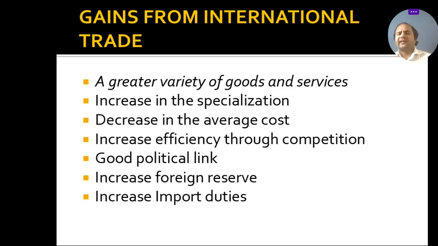Now we'll discuss the advantages of international trade. As we know, we have to import and export goods from other countries. That is the concept of international trade. A variety of goods and services become available for the local people. Now the important point is in which scenario you export and import the good. You export the country's product to another country when one country has excessive resources. In that scenario, the country exports that excessive good to other countries at cheaper prices, and whatever price they decide, in that way the balance of payments will be improved.